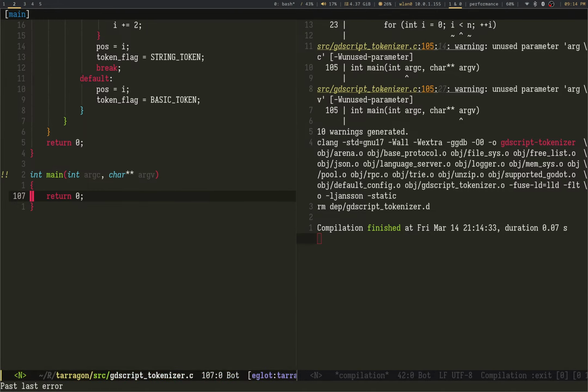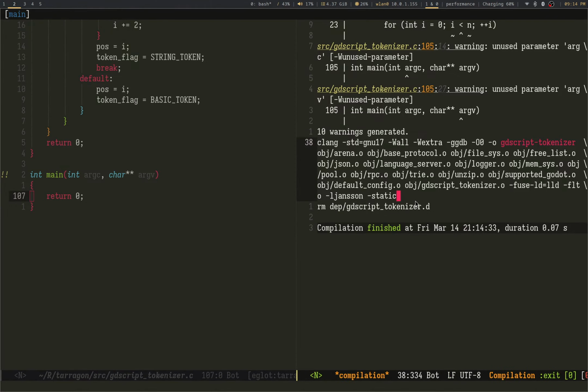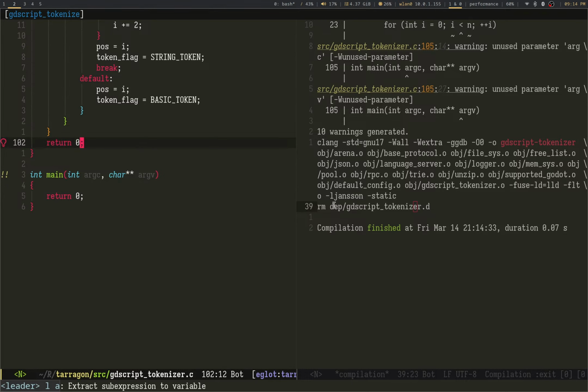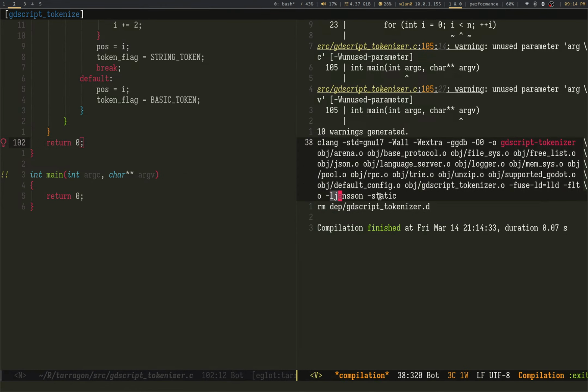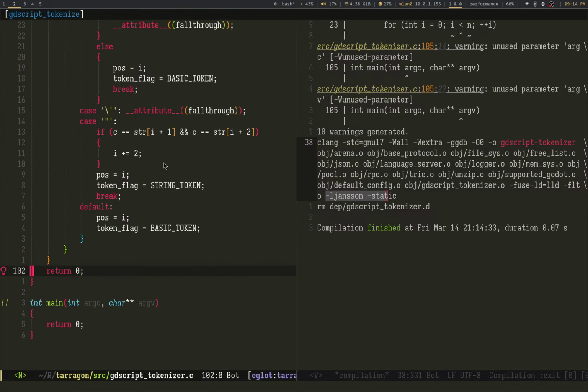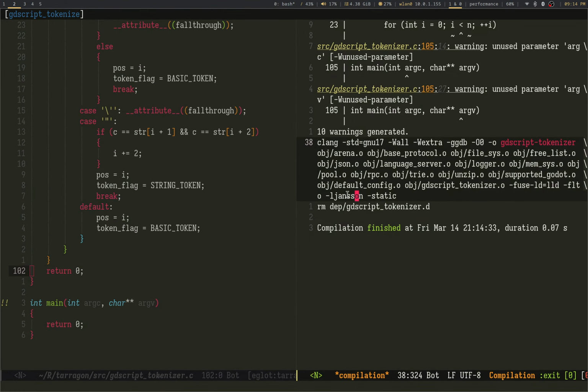And remove GDScript. Why am I removing this? Whatever. Oh, why am I still linking Jansen? Oh, right, because I haven't. There's a bunch of things I need to delete, as you can see. But this is the cool thing.